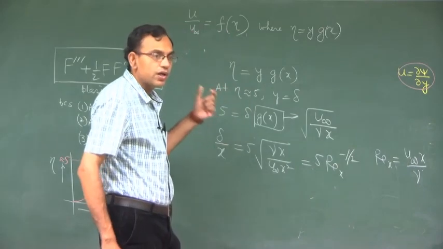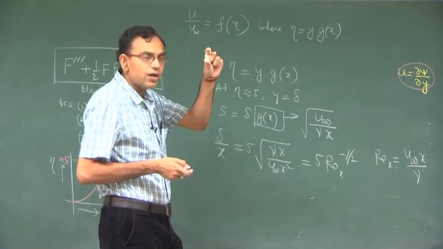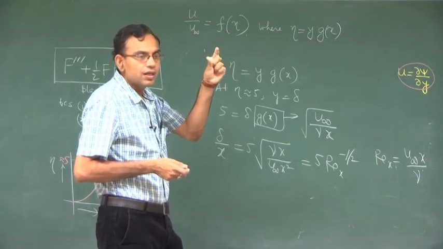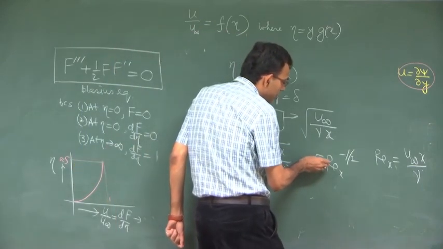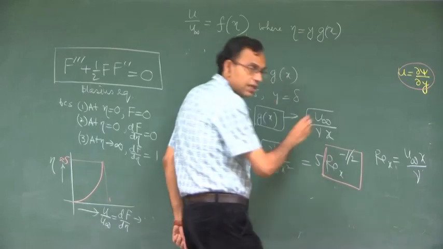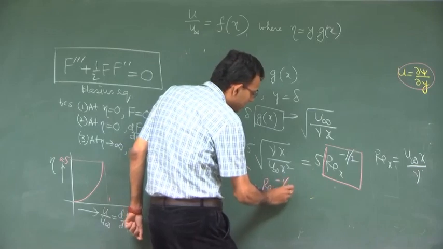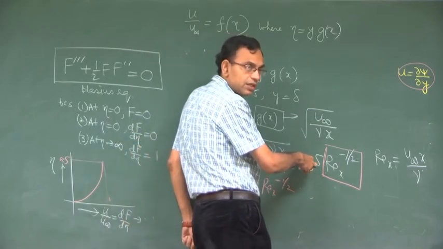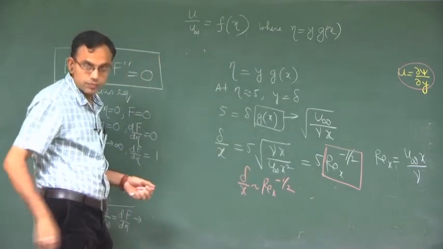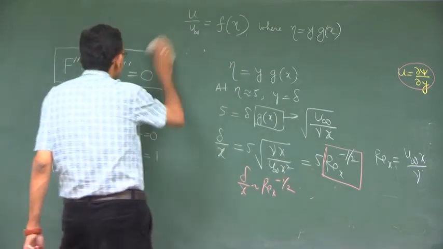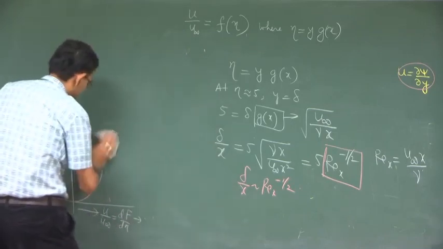See the power of the order of magnitude analysis. The order of magnitude analysis, just by one line of equating the order between the inertia force and the viscous force at the edge of the boundary layer, came with this scaling, that is delta by x is of the order of Reynolds number to the power minus half. This Blasius solution is only giving the constant that should come out of it. I will take just a couple of minutes more to define 2 parameters.